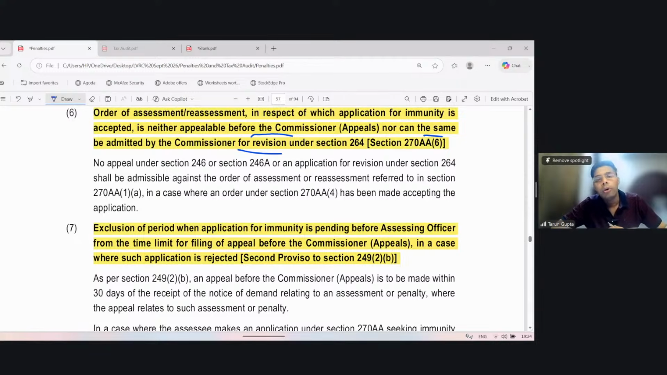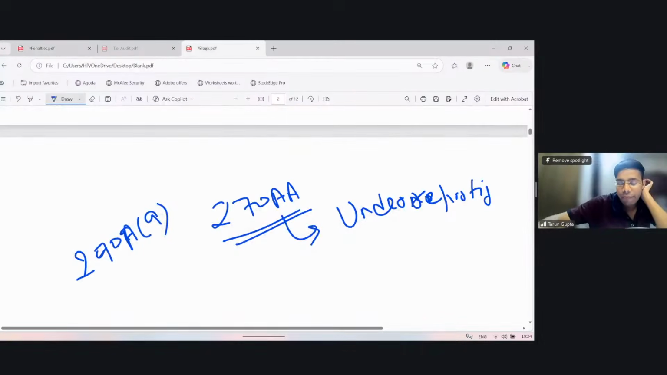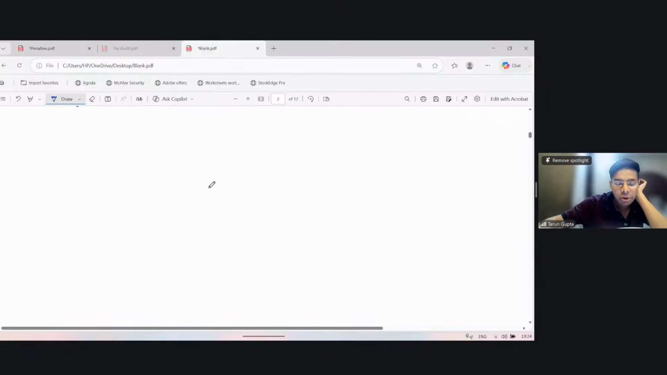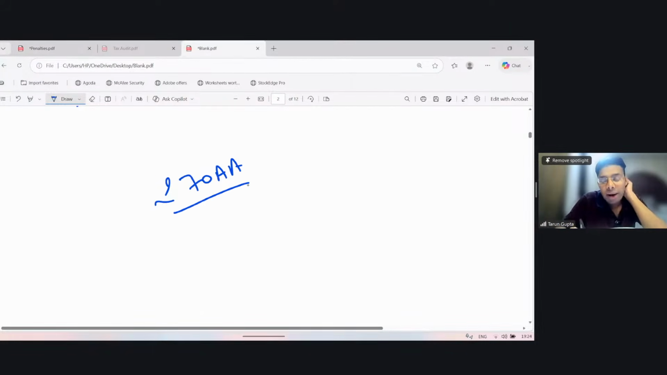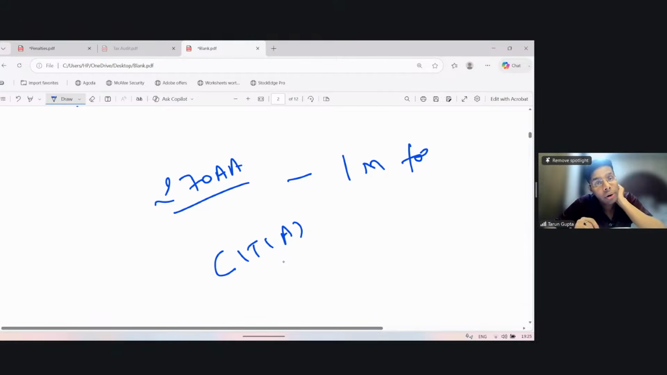Okay. Now see, there is an issue. I file an application under section 270AA. Right. The time limit for filing the application is 1 month from the end of the month in which the order is received. Now, the time limit for filing the appeal to CIT appeal is 30 days from the date of the order, right? So if I have filed an application before the AO under section 270AA for granting an immunity,